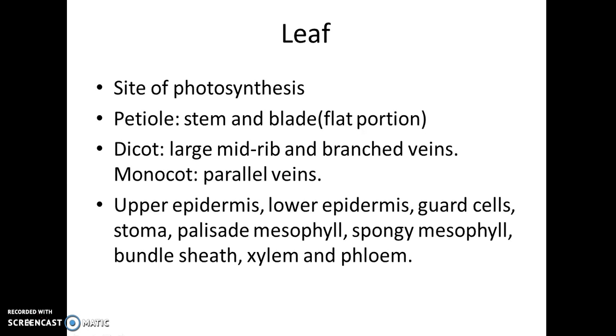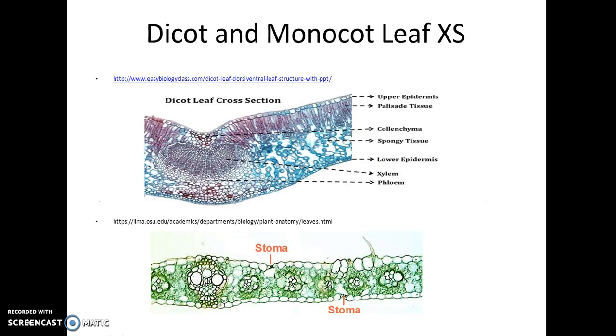Now, the upper epidermis, the lower epidermis, guard cells, stoma, palisade mesophyll, spongy mesophyll, bundle sheath, xylem, and phloem, those are all the things that we're going to talk about when we take a look at the dicot and monocot leaf cross section. So we have the upper epidermis here and lower epidermis, and they pretty much just protect the leaf. Whereas you have the palisade layer here, these cells are parenchyma cells, and they are filled with chlorophyll molecules,